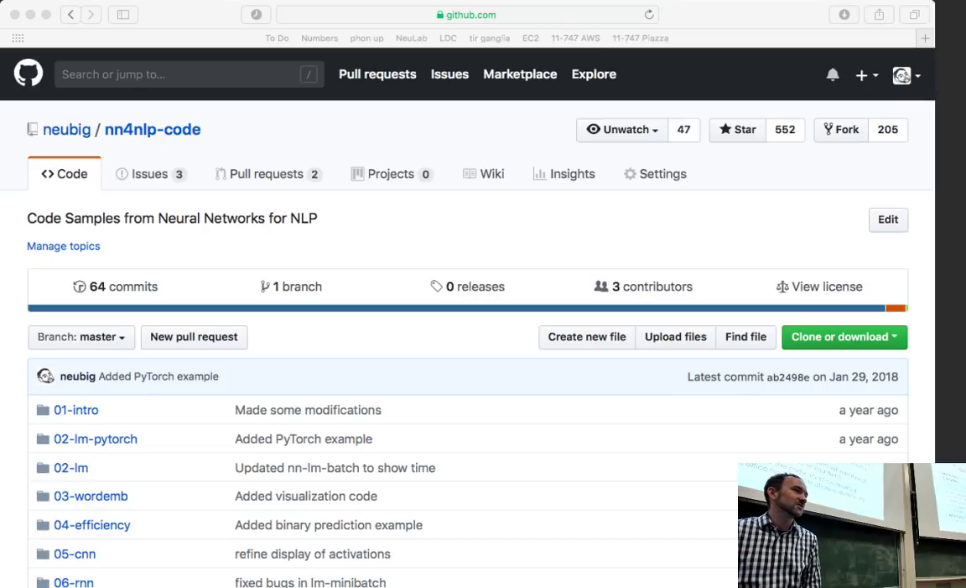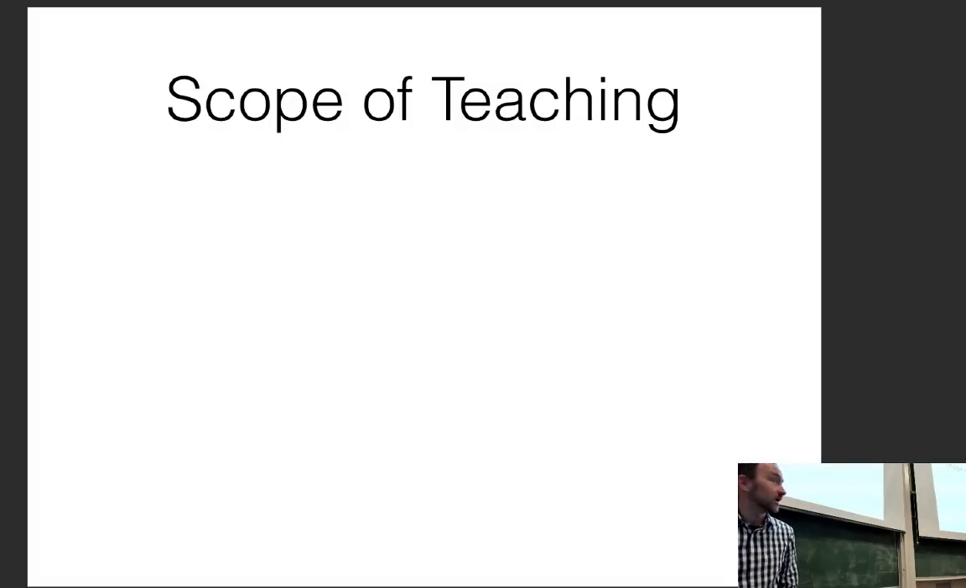But starting this year, one of the TAs who I'll introduce in a second has agreed to also translate them into PyTorch. So we'll have a parallel corpus of Dynet and PyTorch that you can use to study either one of them or study both of them at the same time if you want. So the scope of what I'm going to be talking about this time is